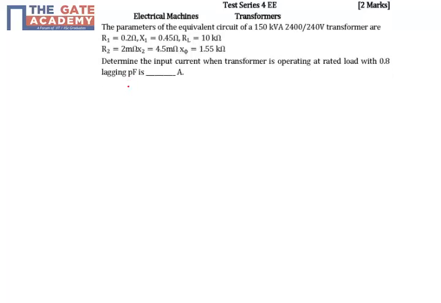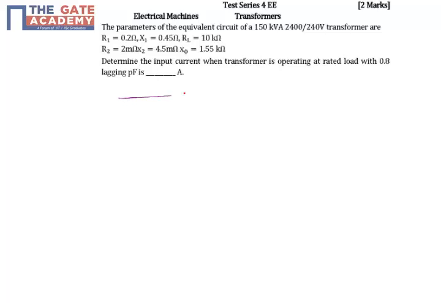In these kinds of problems, we know that for the equivalent circuit of a transformer, we can either shift all the secondary parameters to the primary side, or shift all the primary circuit parameters to the secondary side. So it's better to shift all the secondaries into the primary and then do the analysis. So if I see the equivalent circuit